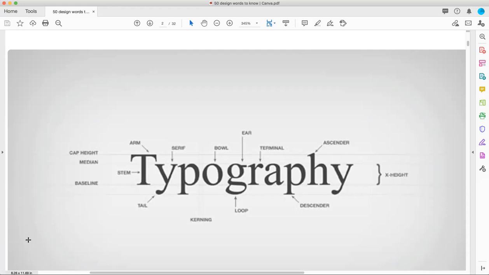Number one, you see the distance between the highest point of everything you're writing is called your cap height. All right. When you have a text like this,